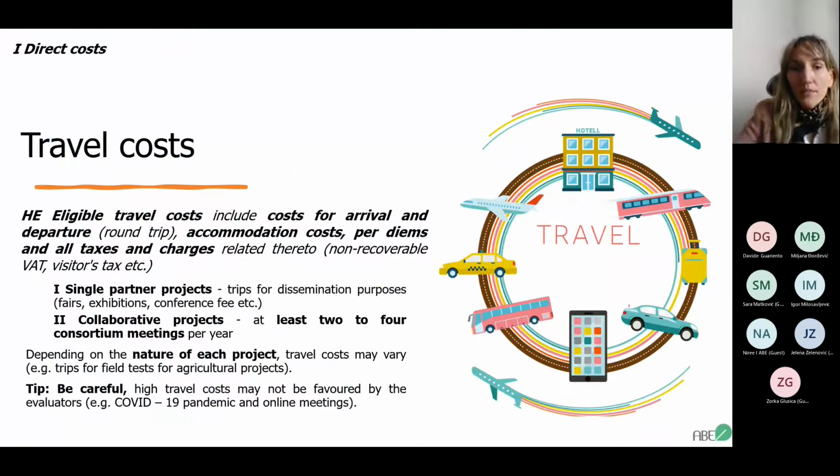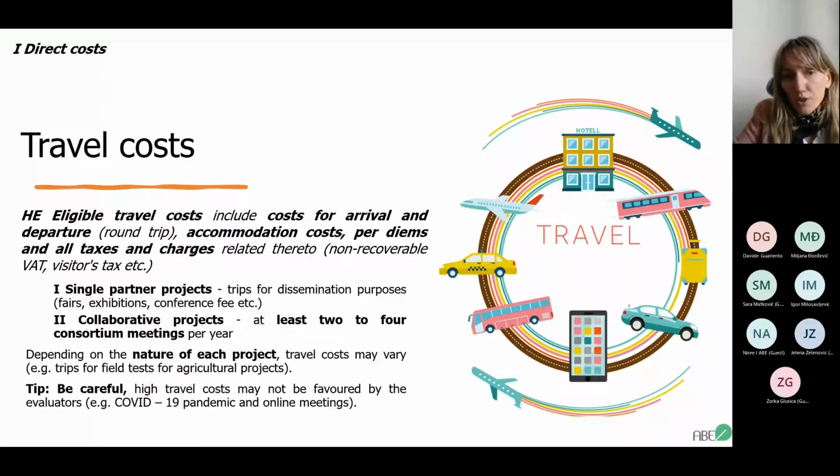Horizon Europe actually recognized travel costs, of course, and they include the costs of arrival and departure, round trip, in general, accommodation costs, of course hotel and so on, per diems, and all taxes and charges related to it, non-coverable VAT, visitors tax, etc. Two things are important here. For example, if you are a single partner project,